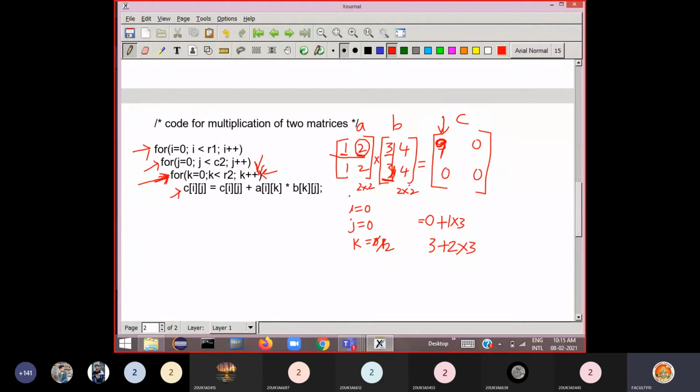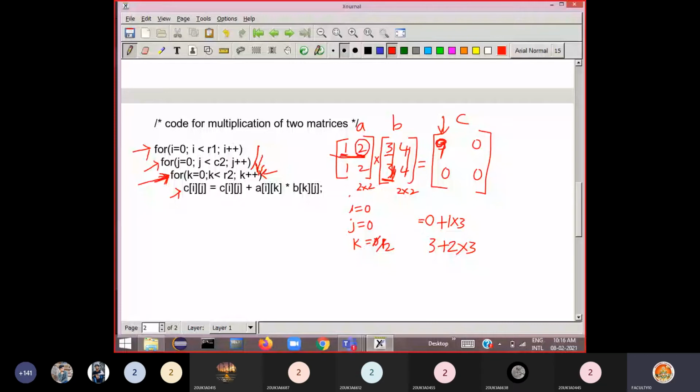Okay, so now see here. j is equal to 0. That means now this first element you have calculated here. Now first row multiplied by second column you have to perform. When this innermost condition is false, what happens? Loop condition is false. Immediately it goes to the next upper loop. So from the second loop it entered the third loop. Immediately control goes to this second loop here.